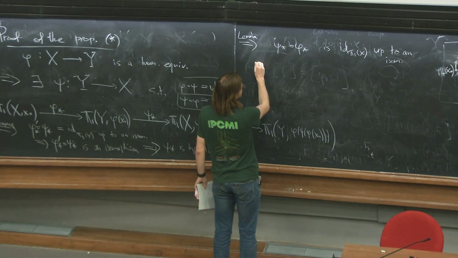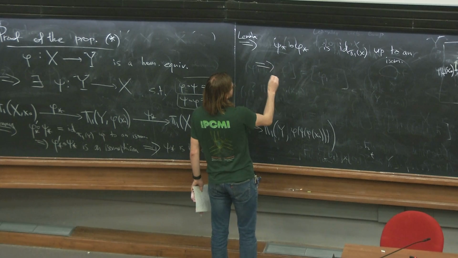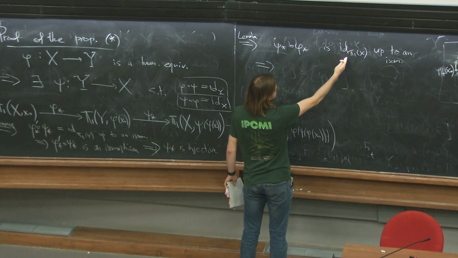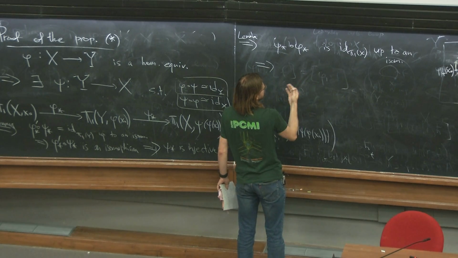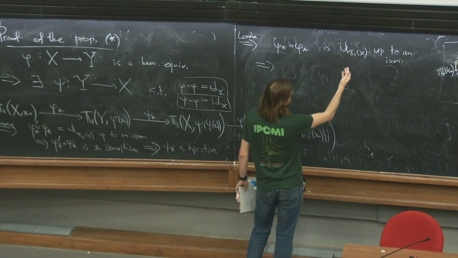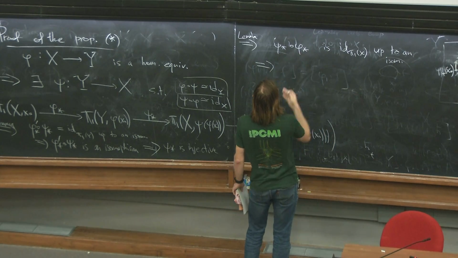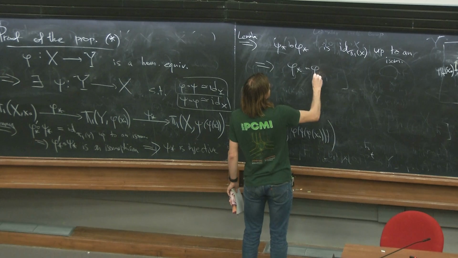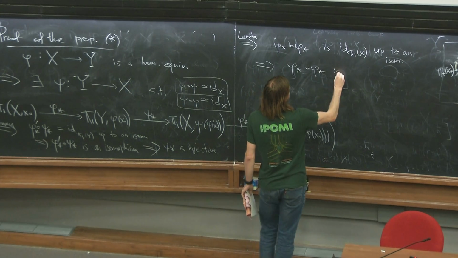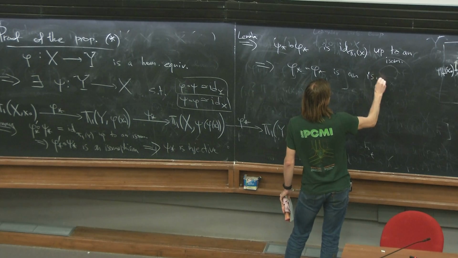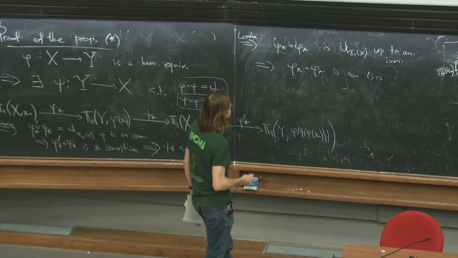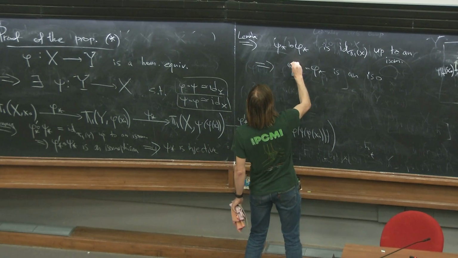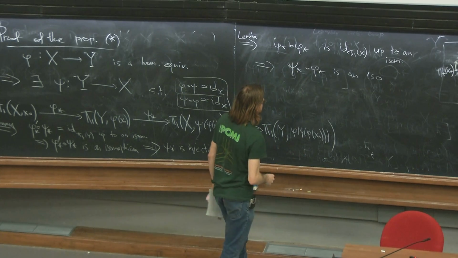And then similarly, if this is identity up to an isomorphism, well, this means that this is an isomorphism trivially, and this means